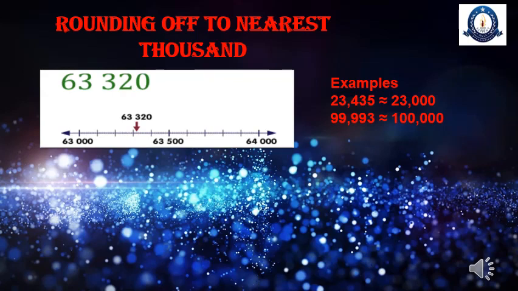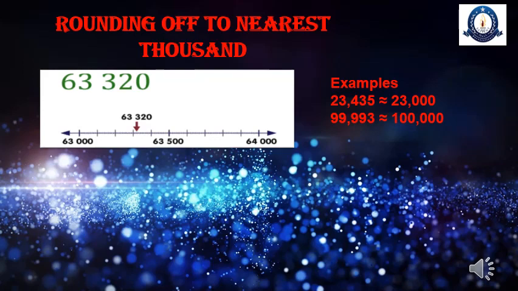Now the other way is, look at the number. Which number is on the thousands place? 3. The next number is 3. For the next you have to move forward. Does 3 belong to the same family or up family? Same family. So this 3 will remain the same, and in place of the last 3 digits we are adding 3 zeros. When we round off to the nearest 10, we add just 1 zero in place of the last digit. When we round off to the nearest 100, we add 2 zeros. When we round off to the nearest 1000, we add 3 zeros. So what will be the answer? 63,000. Look at the other example.